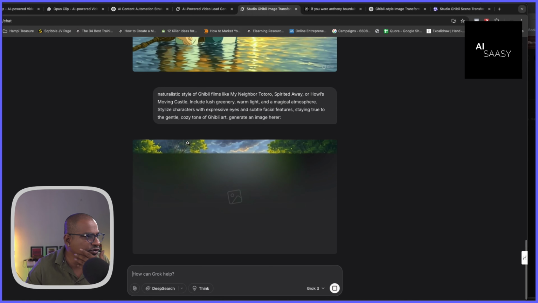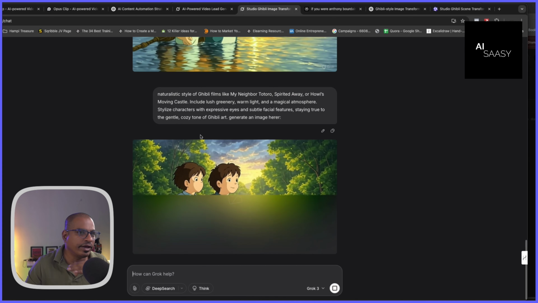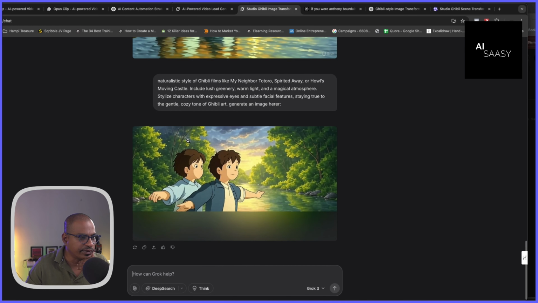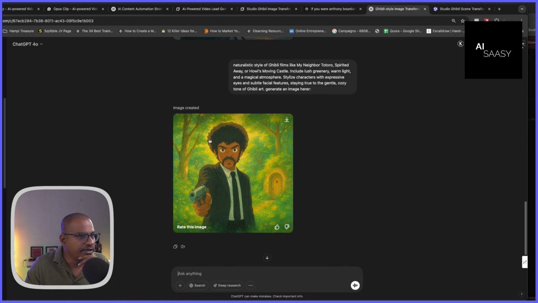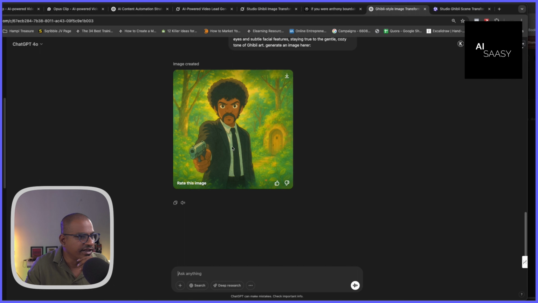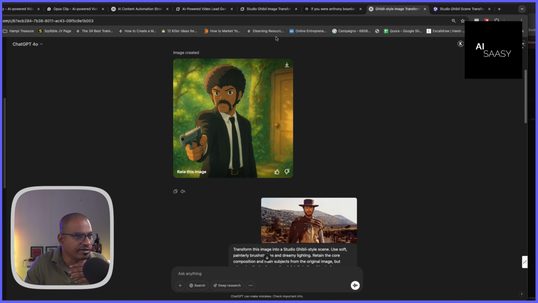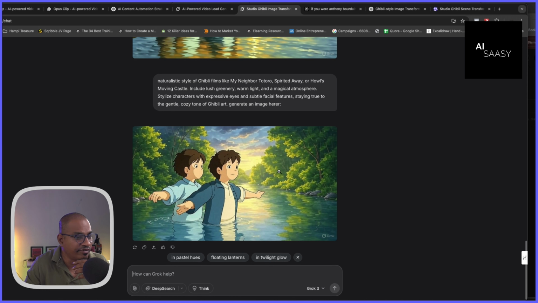Timing wise, I think SuperGrok is a clear winner. If you have a storyboard to be made quickly and get going with things, I think Grok takes away the cake. Okay, so this is the dreamt up scenario. It has gone ahead and taken this into consideration. Not very different from what it had given us in the past. So I think with or without reference, ChatGPT is still giving you the same thing, while Grok is able to think a little differently. So basically, it's a good option to try.